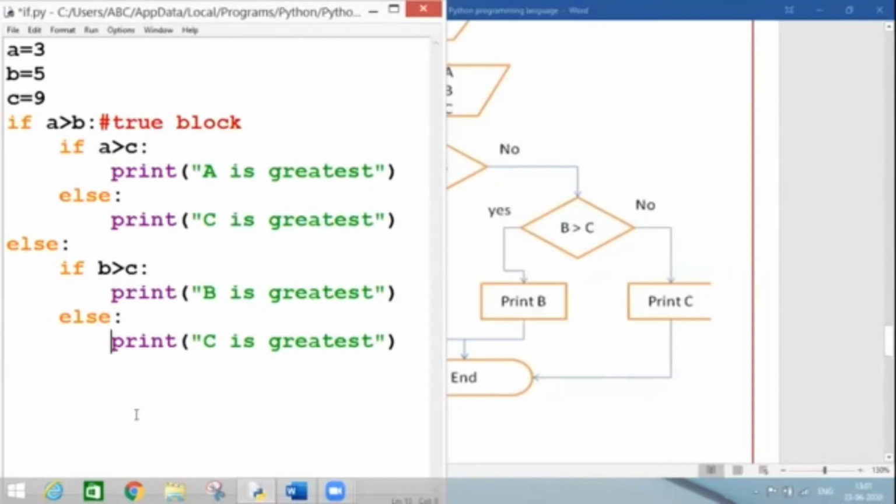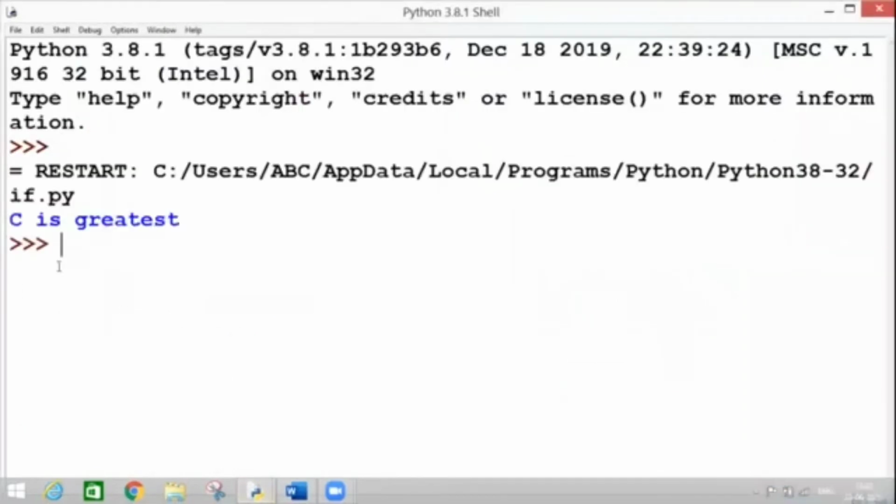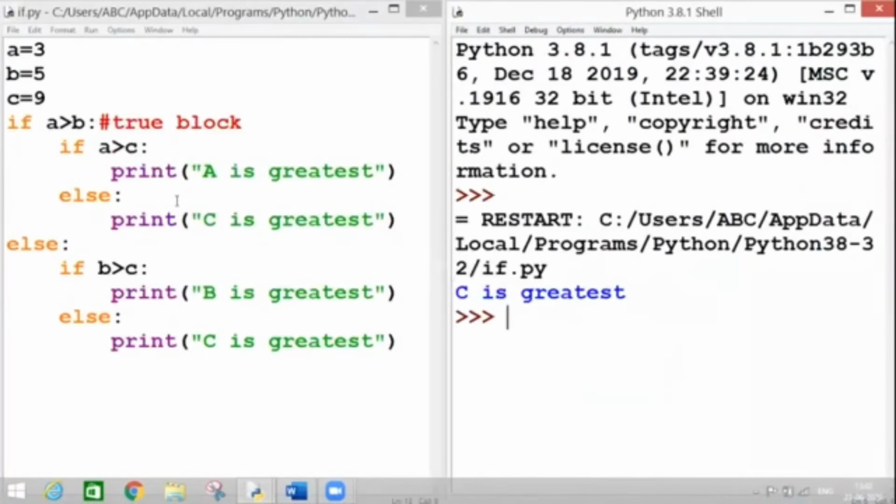Executed once. Please consider A is 3, B is 5 and C is 9. C is greatest. Please see this. Because first I checked over there what? 3 is greater than 5.